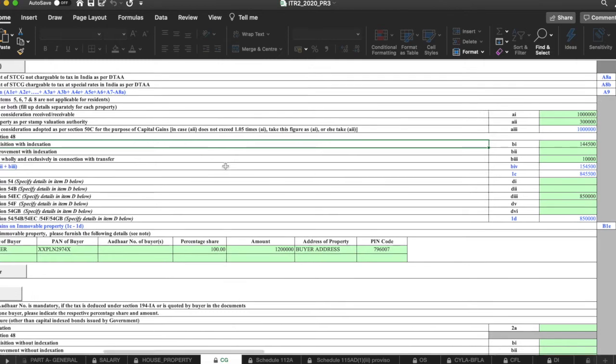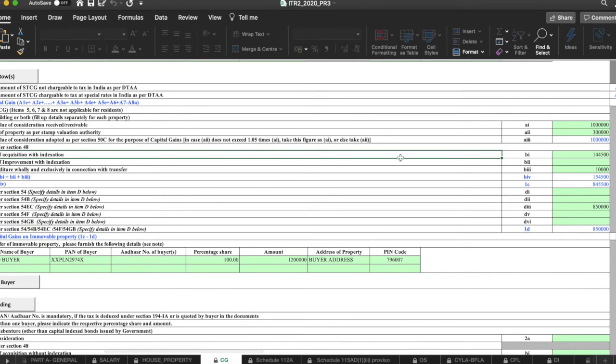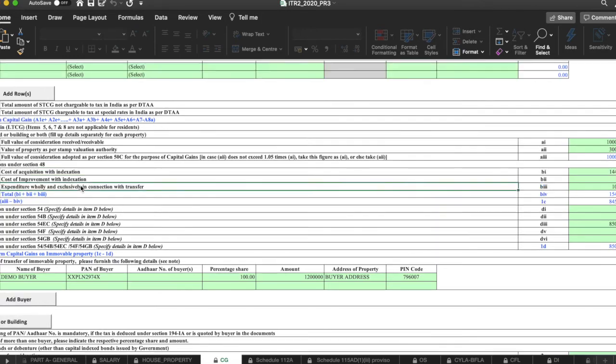So you can get that value. For example, in this scenario, assume that one cent was bought for 50,000 before 2001, and the index in year of sale by index in year of purchase is 2.89. 50,000 into 2.89, that is the value given here, 1,44,500. If you have paid brokerage after selling the property, then you can get deduction under expenditure wholly and exclusively in connection with transfer.